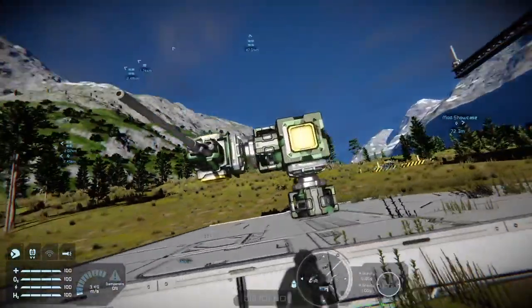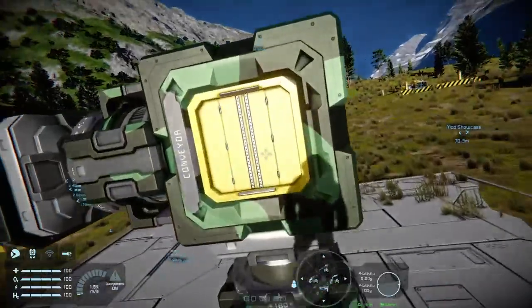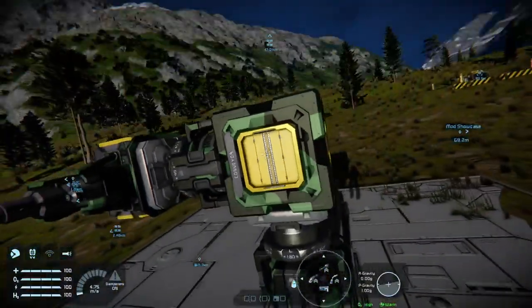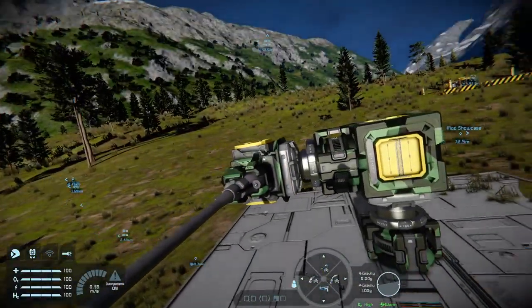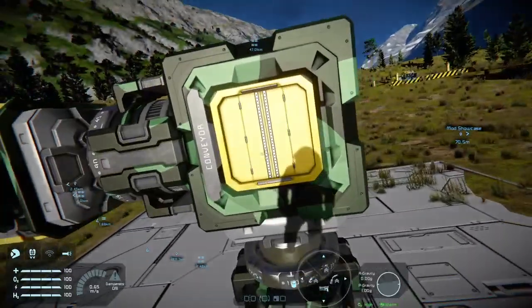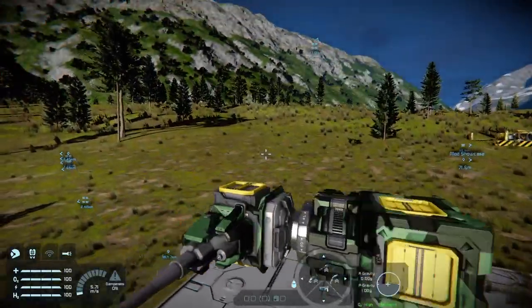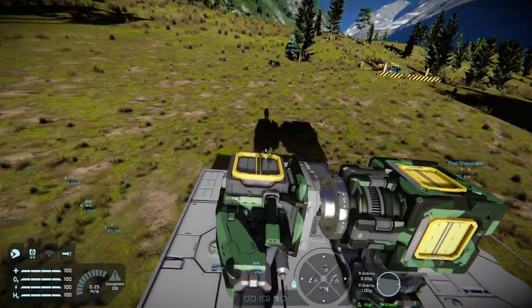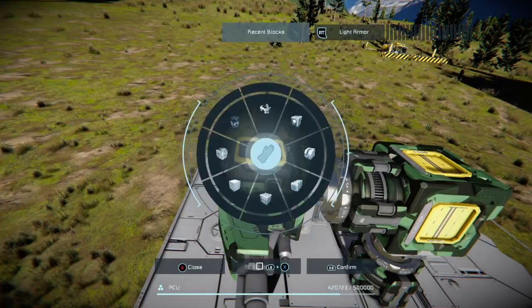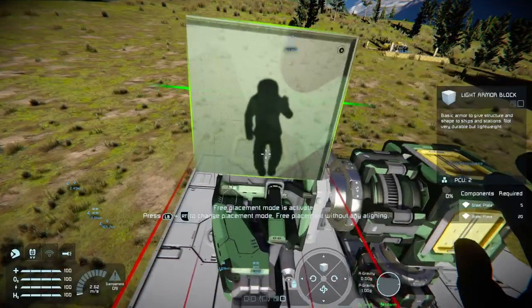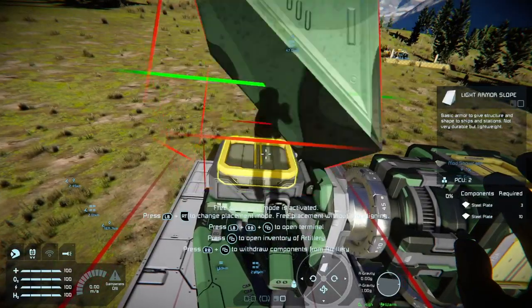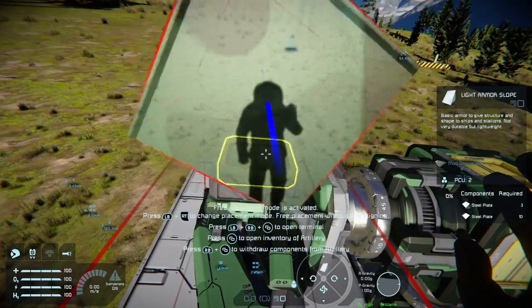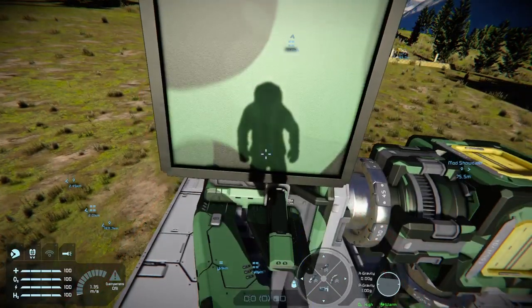Now, one thing you don't want to do is you don't want to put a camera on the conveyor here, because you'll only see in rotation. If you're going to control this in any way, shape or form with a camera, come up the top, flick to your light armor slopes, and just slap one of those on.